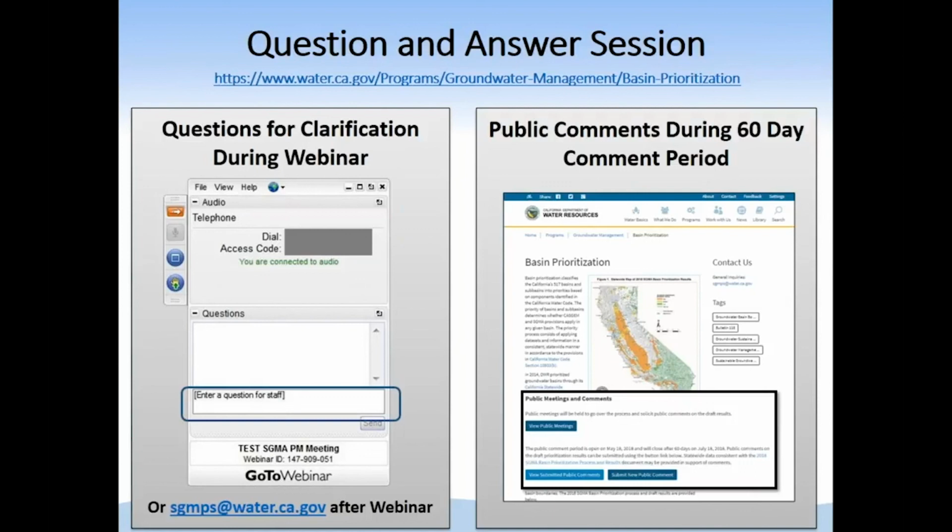There's a couple of pieces to that. Number one, we wanted to try to maintain as much consistency between 2014 and 2018 and not have a lot of uncertainty with respect to people understanding where they reside. They would be able to look at that and be able to predict if there's changes occurring in their basin, how that would impact their prioritization.